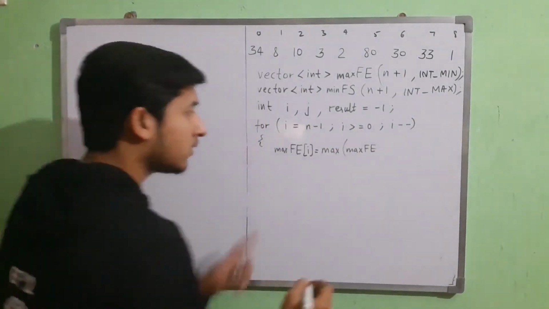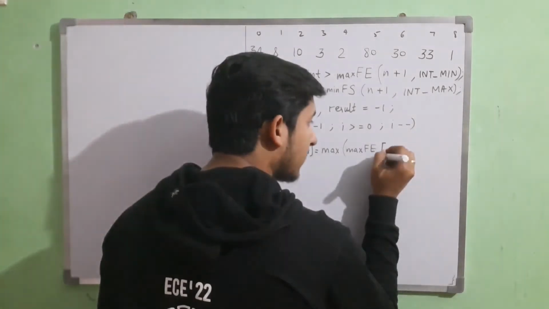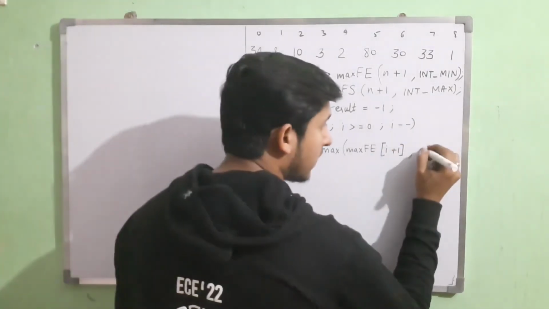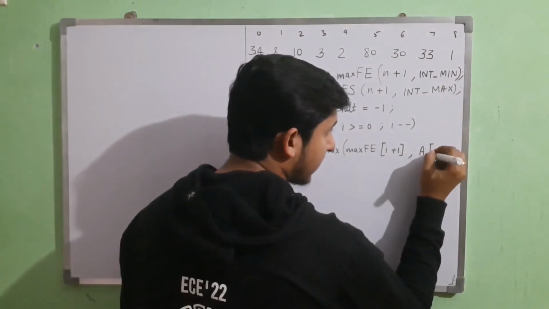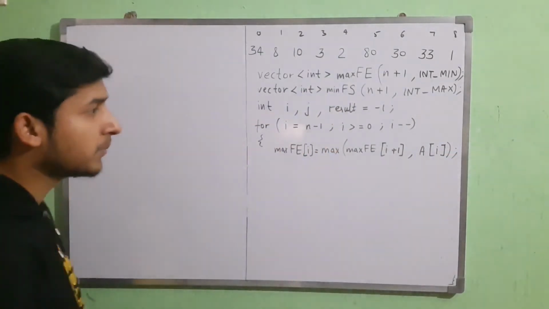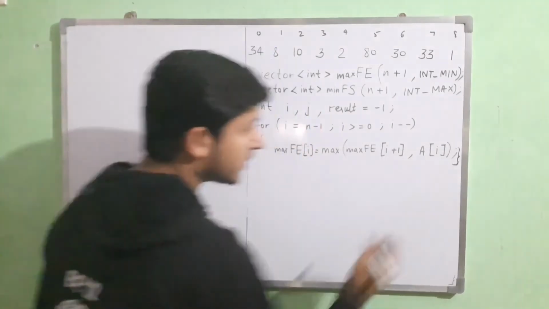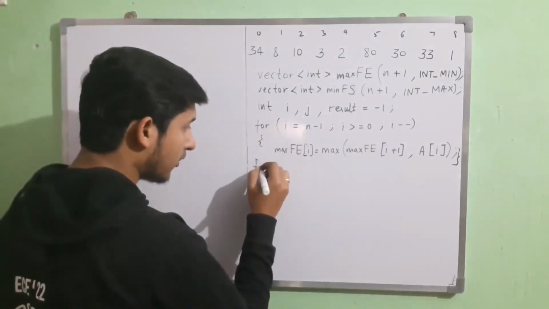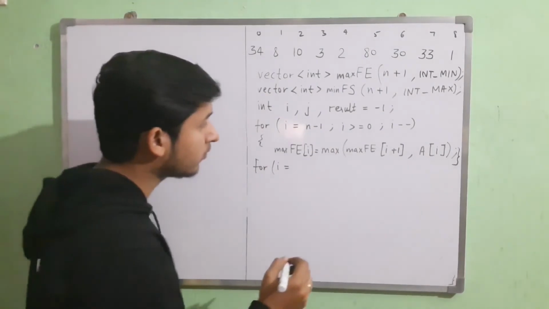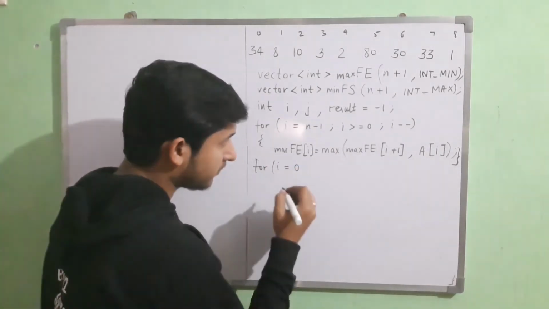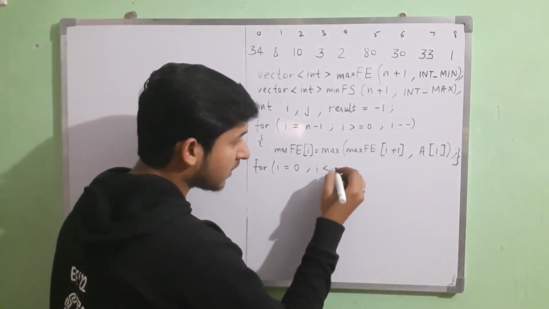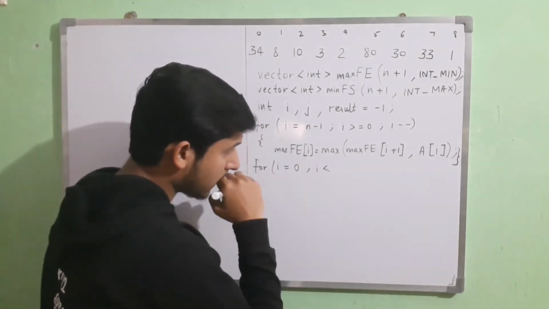It will hold max from end at index i plus 1, or in this array at index i. Simple. Let's close this. For i equals to 0 and i is less than n, okay,